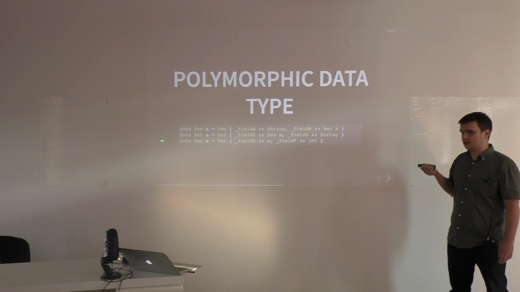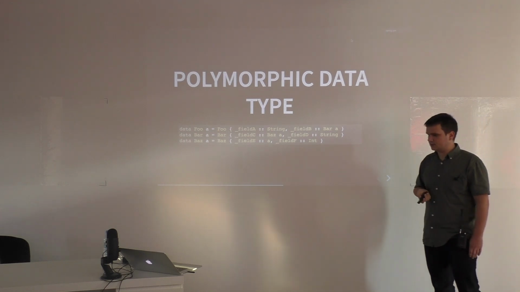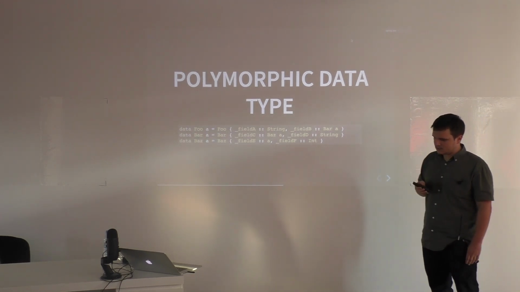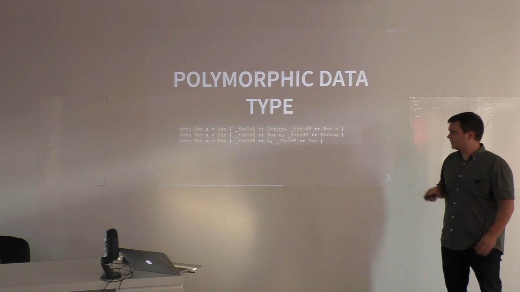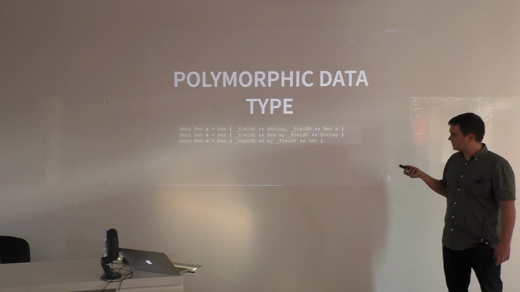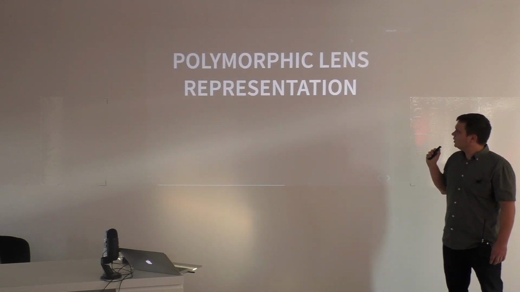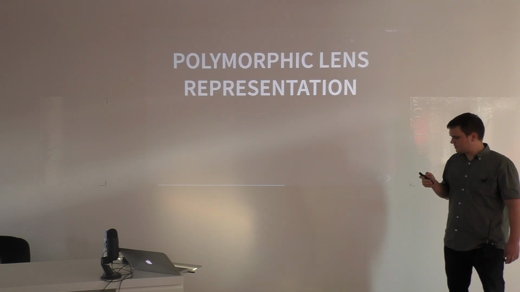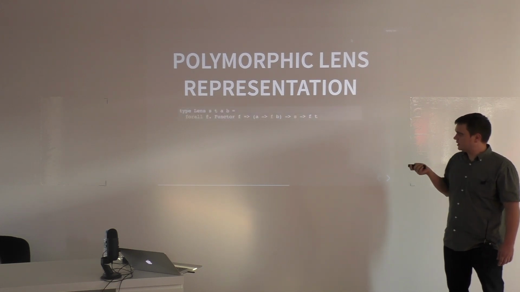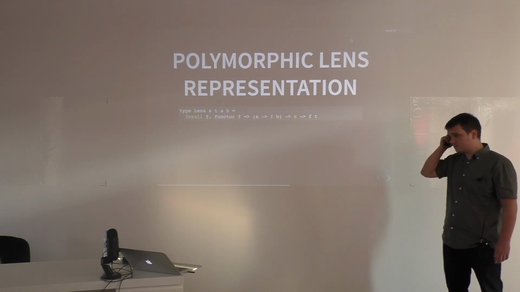So if this type is used here, it also propagates to the surface. It complicates things a little bit, but there is also a great idea, the polymorphic lens representation, which gives us quite a similar definition of a lens,